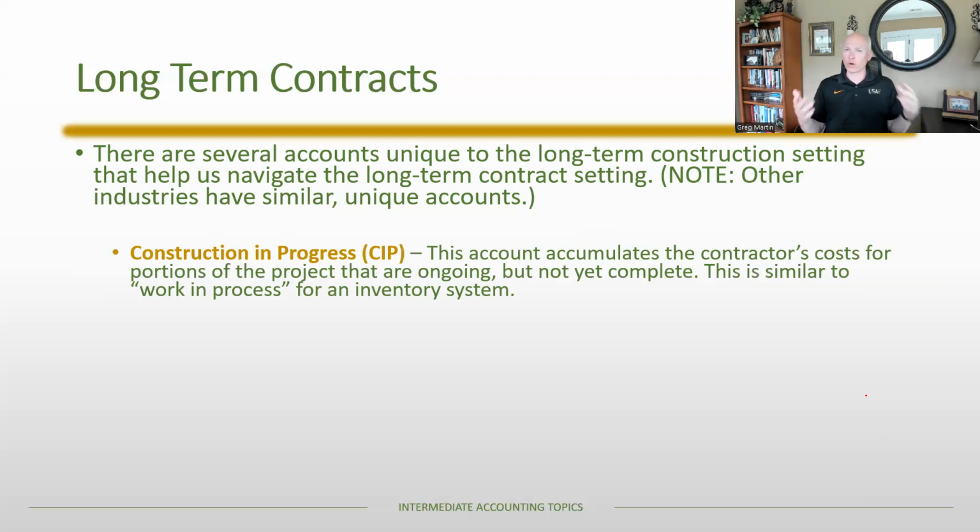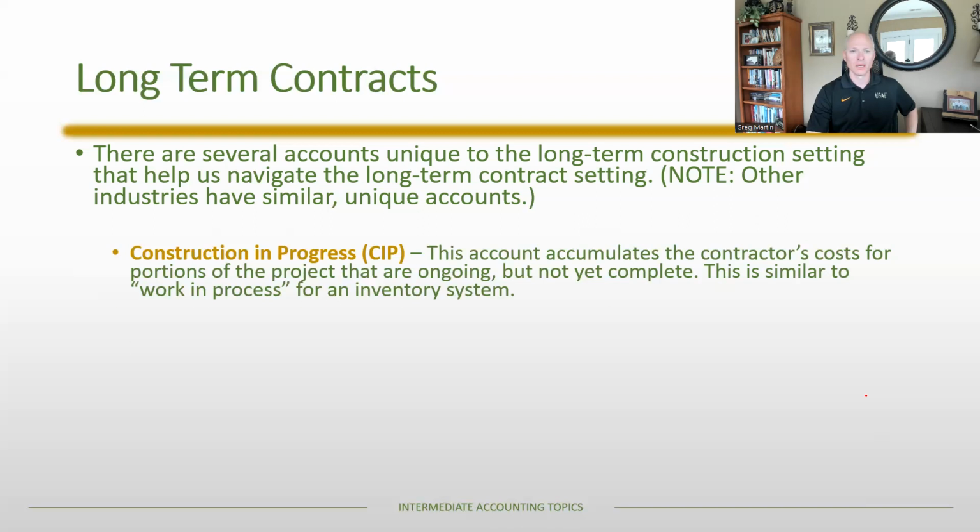It's kind of like work in progress or work in process for somebody who makes inventory like cars or whatever. It's similar to that, where you're accumulating costs against a particular item, and in an inventory system, that's inventory. But for a construction company, instead of inventory, which means something else, they're tracking it using this construction in progress account. So construction in progress is akin to inventory, but now it's capturing all the costs related to a